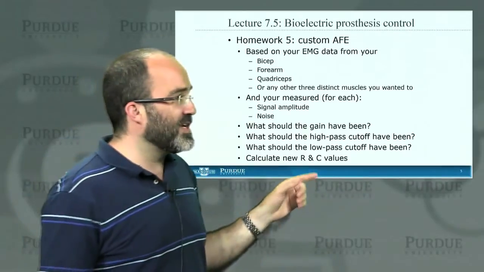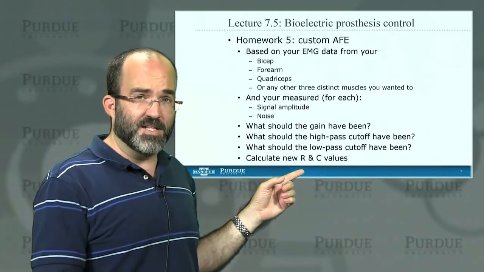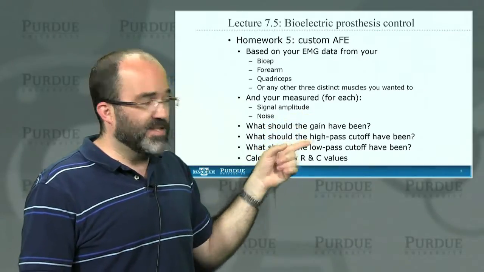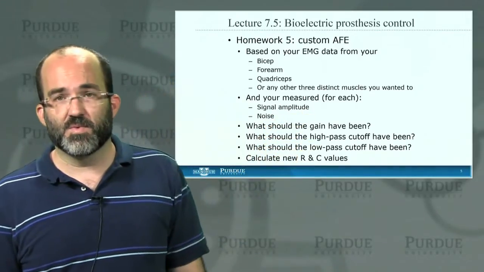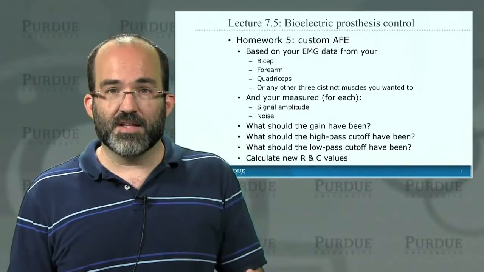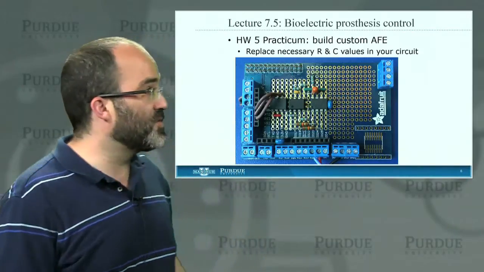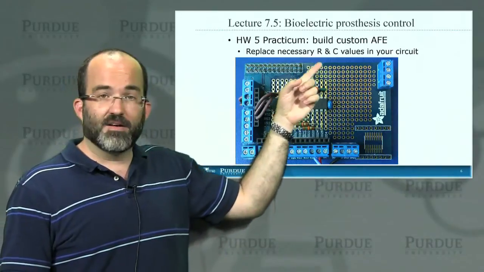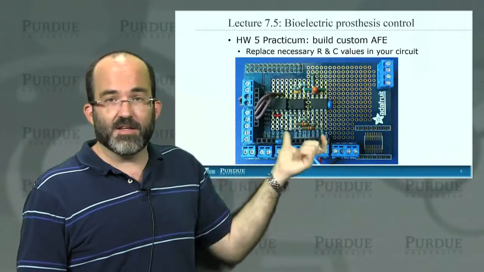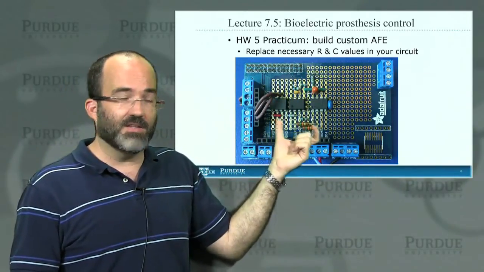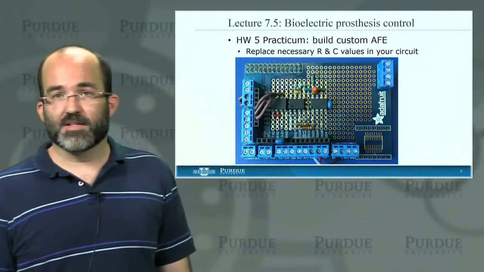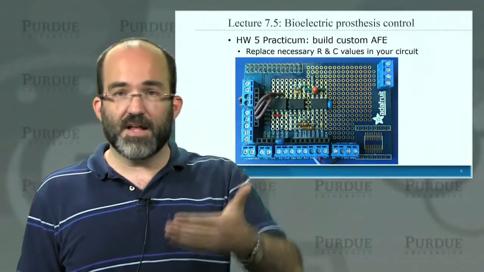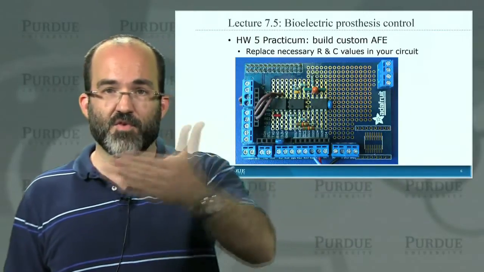And if you remove everything else, what would the new R and C values be for the analog front end to give you the gain and the high and low pass cutoffs that you would want to have? Once you've calculated those R and C values, I want you to go back into your circuit and replace whatever R and C values are in there with the necessary R and C values to get what you calculated. So I want to see the work for those calculations. I want to see the values that they should be, and then I want to see before and after photographs